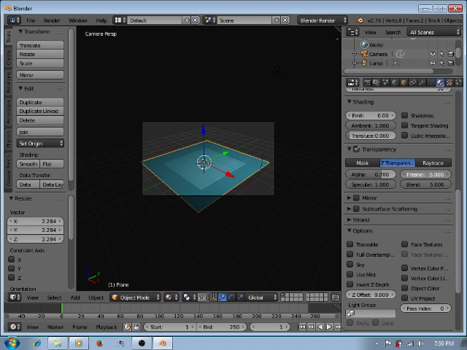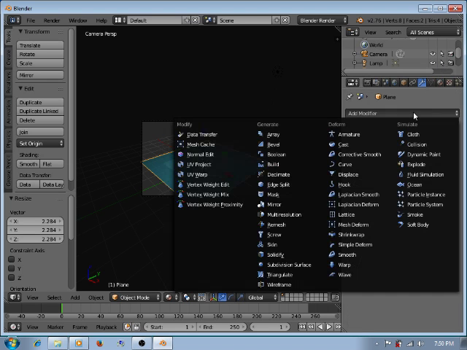I want to put this back down. I have no idea what to do. There was a modifier, and I think it was, trying to look for it real quick.